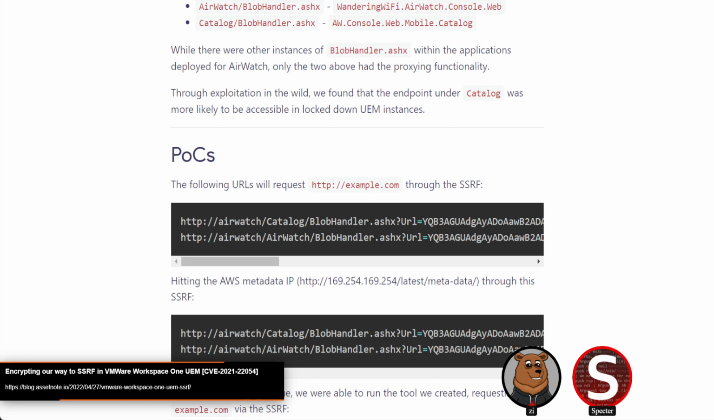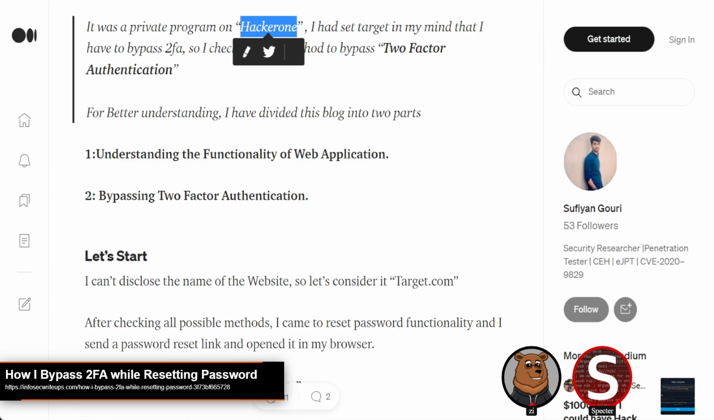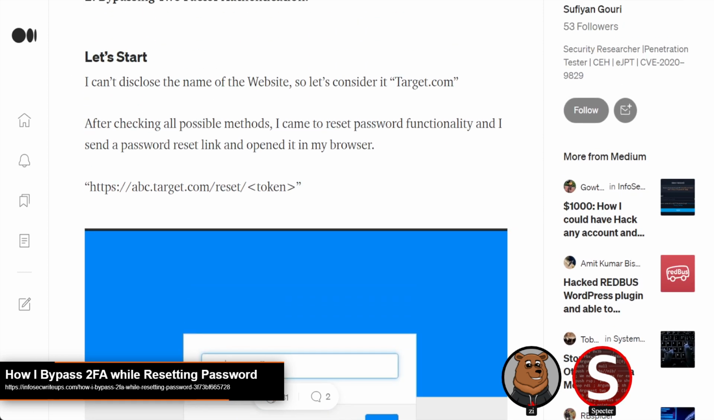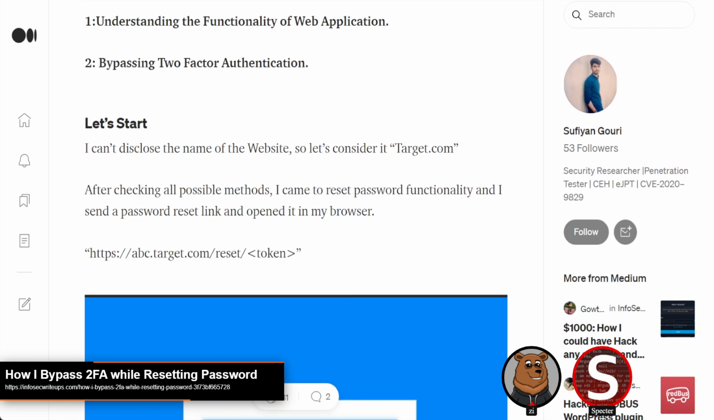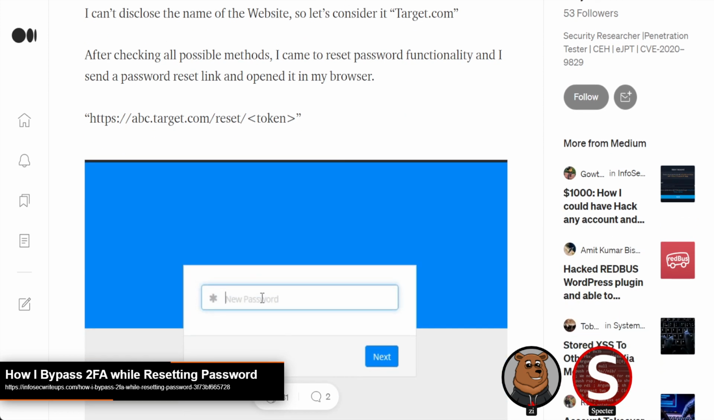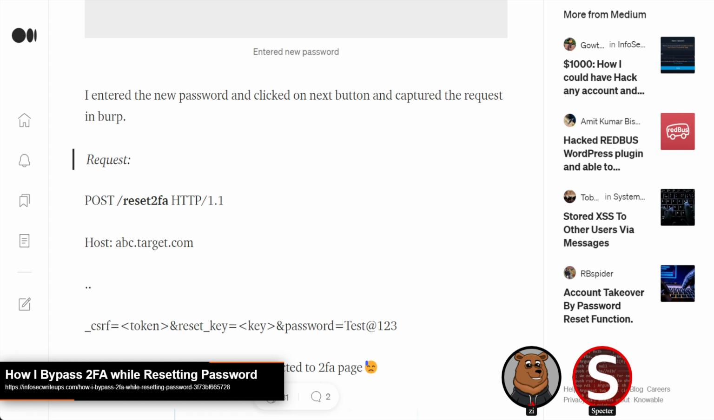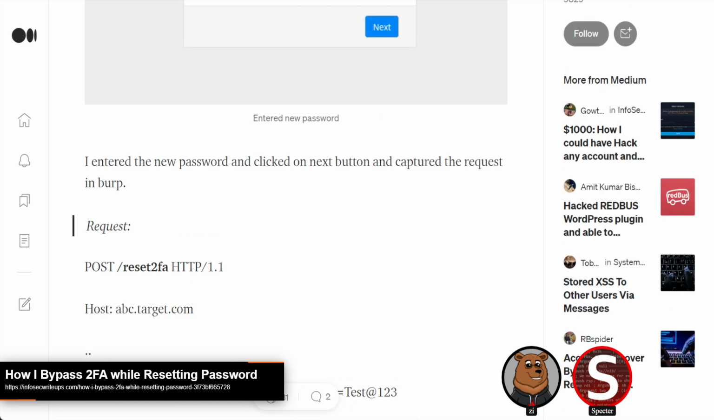All right, so for our next topic, we have what Z thinks is the most straightforward 2FA bypass he's ever seen. This is in an undisclosed website detailed by Sufyan Guri. Sorry if I pronounced that wrong. While we don't know the target, the details on the setup are good enough to be able to understand the